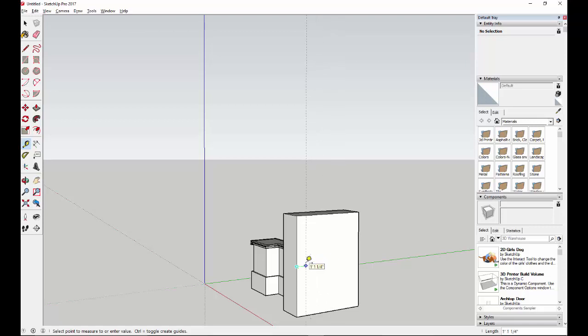It's parallel to the edge that I just clicked on. I'm going to say I want this to come out 1 foot 6 inches from the edge,